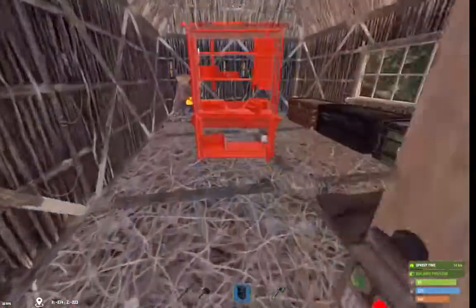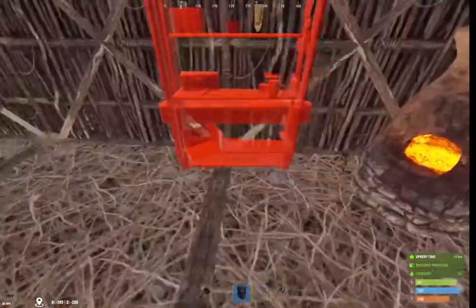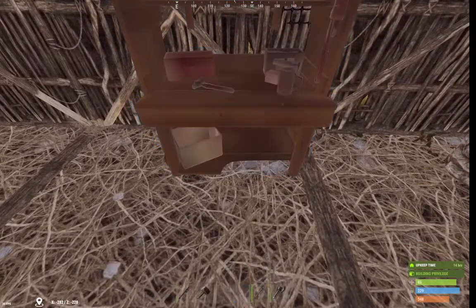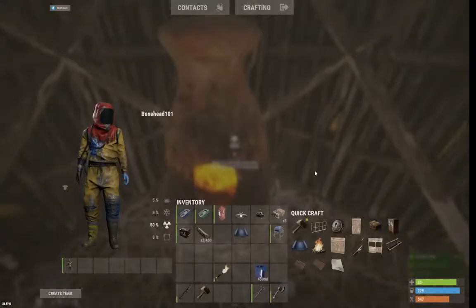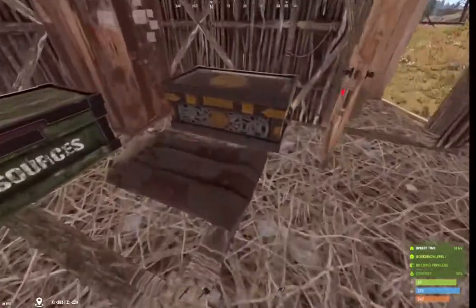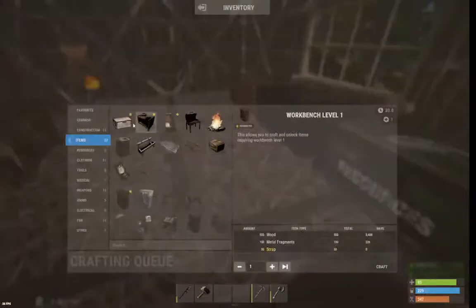I have to get my workbench placed in here. I'm gonna put that right here, I think is a good spot for it. Right there. And anything else we need? It'd be nice to get another crate. I like to sort my crates quite often, so